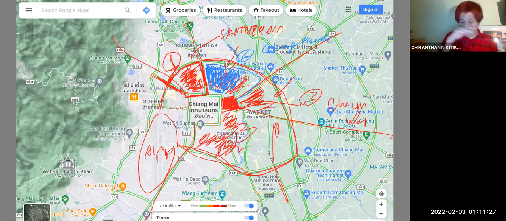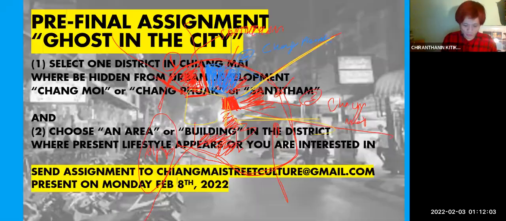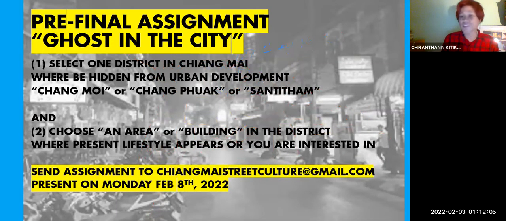So with the modernization, the city was developed to be a dream of modern, but it cut apart the localism inside, the lifestyle. They're creating the modern goals, but the local goals were trying to protect something inside of this as well. This becomes the contemporary art and architecture that you will study as individuals. Okay, we have three classes to learn about Chiang Mai in terms of contemporary art and architecture. So this is the pre-final assignment.